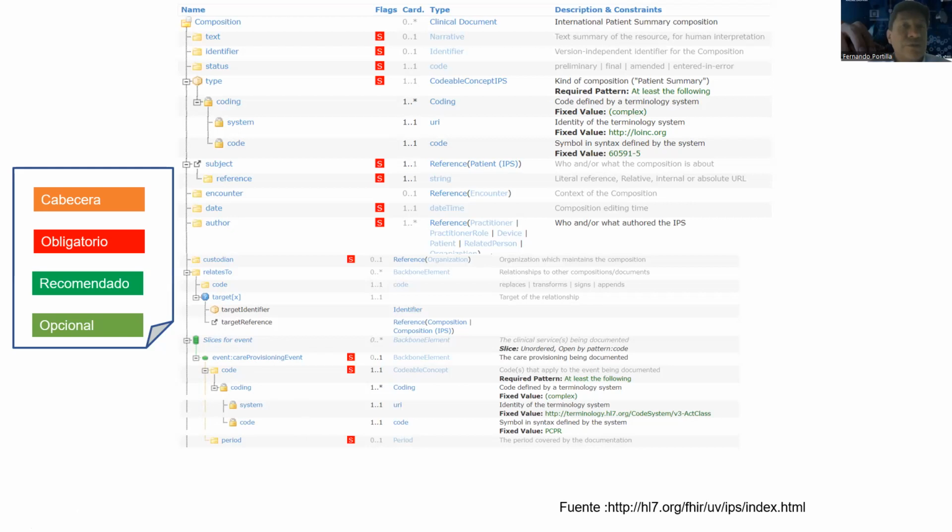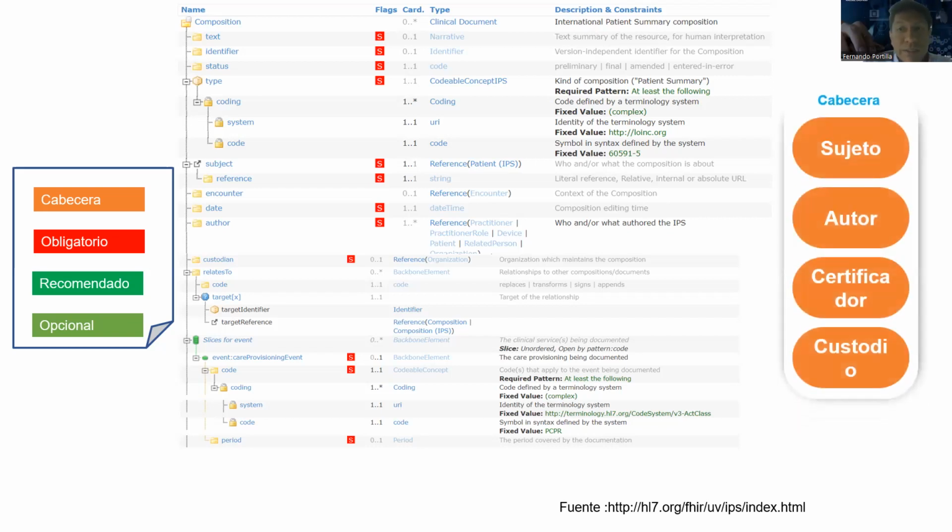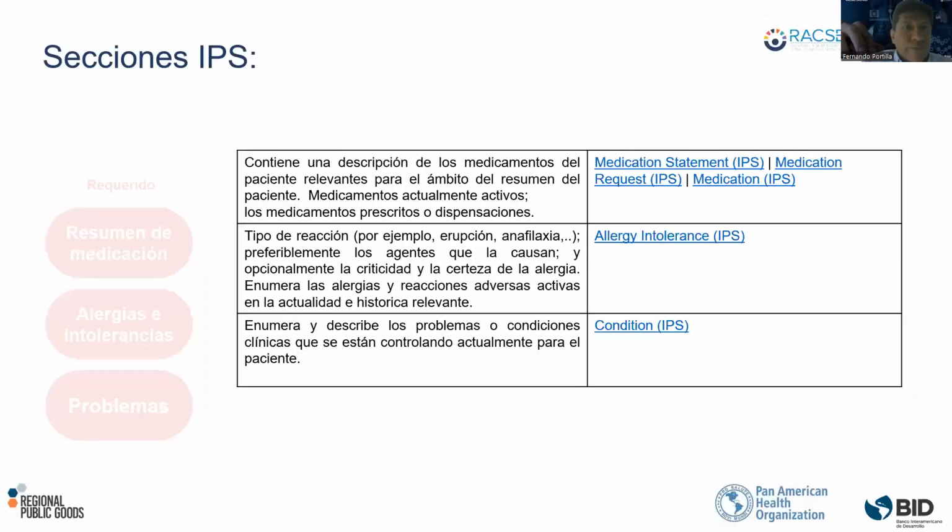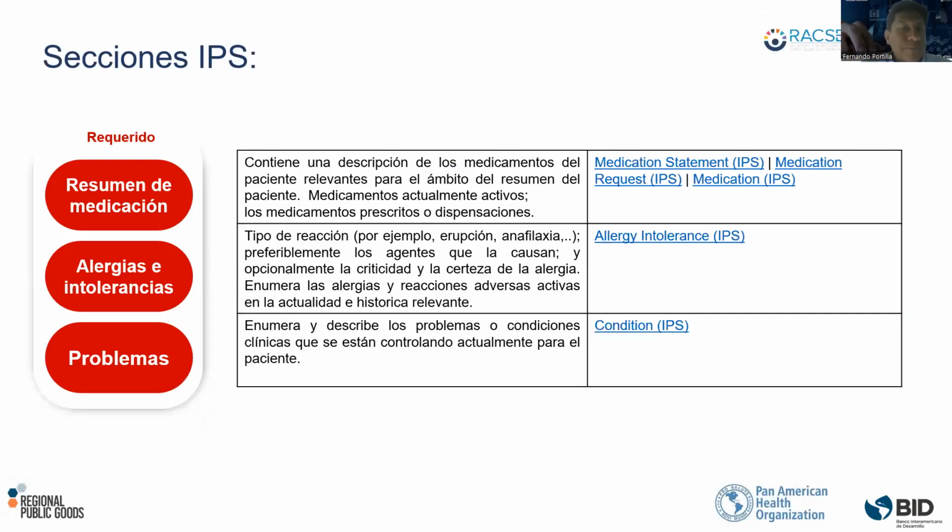And a composition document can have different sections, and this is all well documented within the standard, and we're going to make a quick overview of this, but this is the way that it was thought of and how it has been put together. And then the interesting thing is that for the different sections,